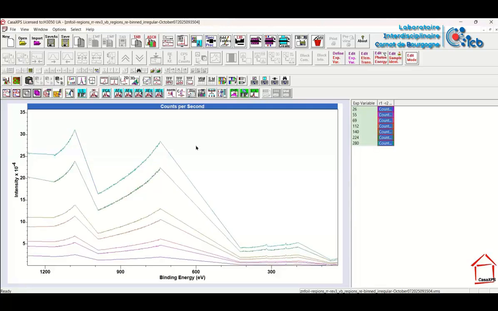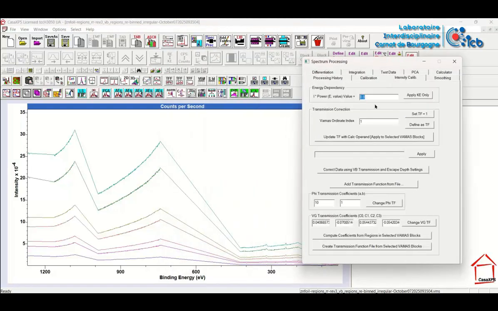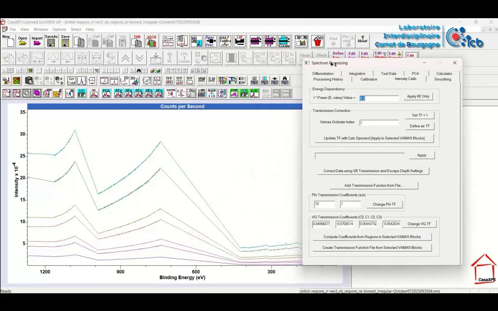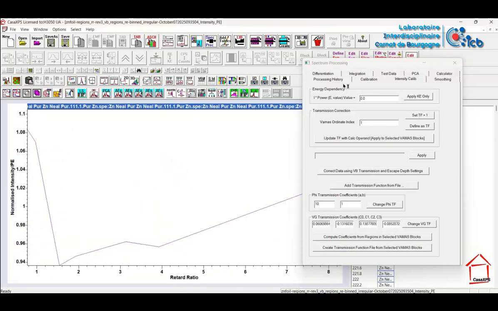It's in a form that I can use for the intensity calibration option, and that involves the intensity calibration property page on the spectrum processing dialog window. This button will calculate the transmission function from regions. However, the second button will look at the data in the selected VAMAS blocks. So I have selected VAMAS blocks and I press the button, and the result is a new VAMAS file